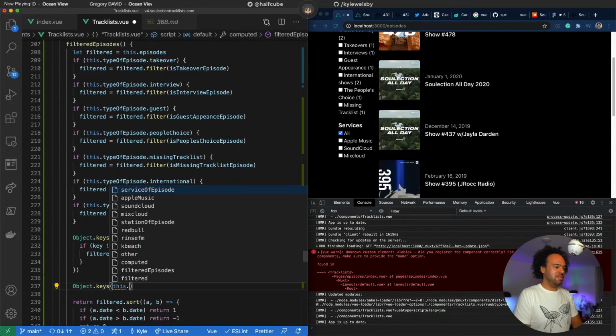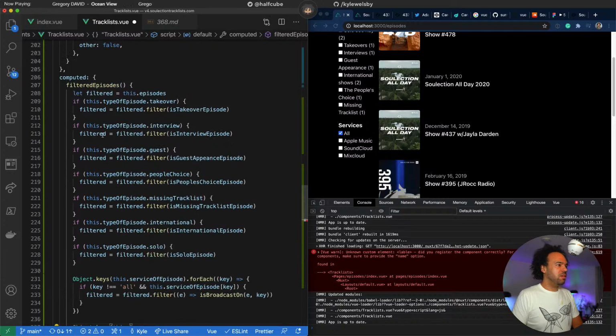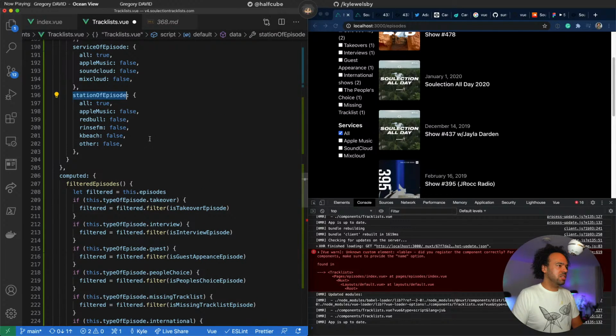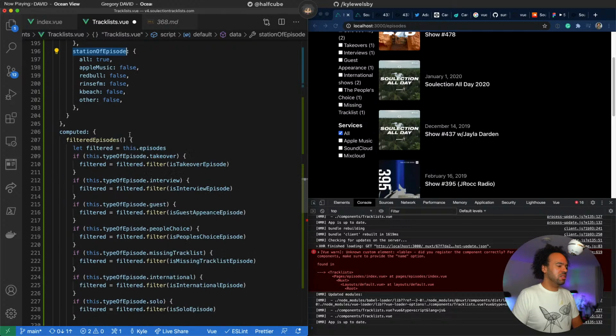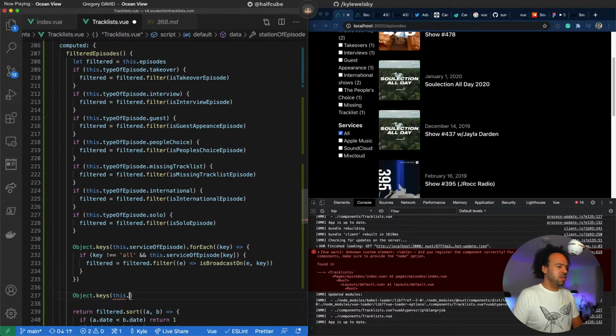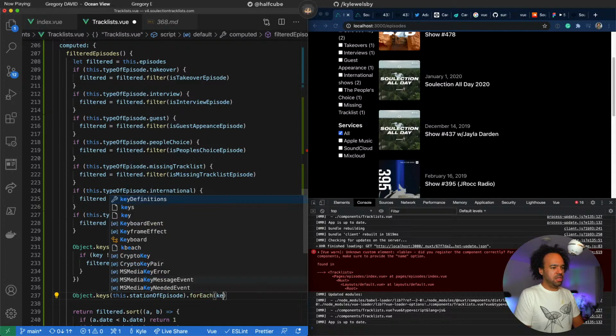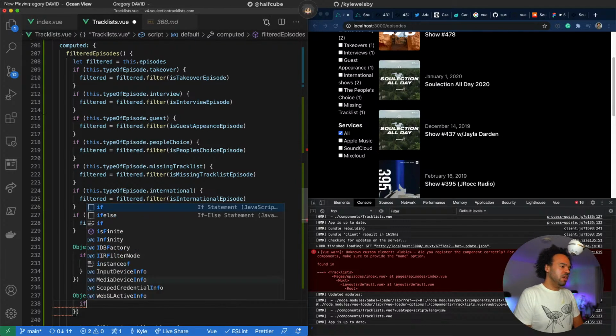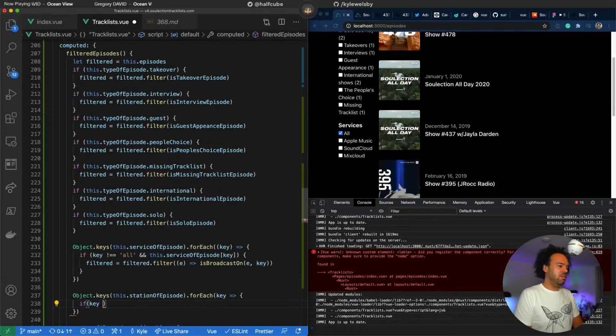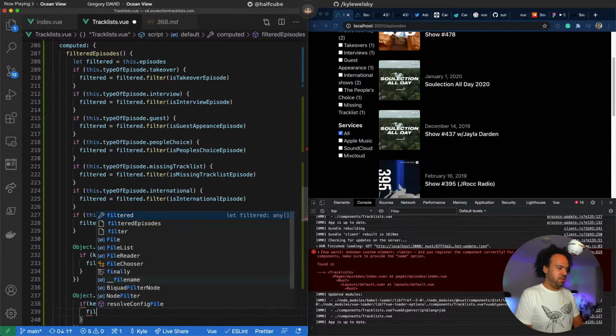So this. I've even forgotten what we called it here. Station of episode? We call it station of episode. This station of episode, for each of those keys, for each key, if the key is not equal to all, and this station of episode key is true, then we filter it.